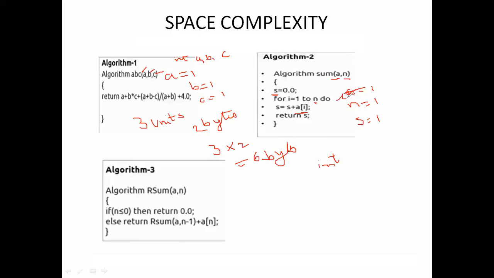In this example, I and S are constants. A's size is up to A of n, so A contains n units. Because this n value changes, the space will also change. So this part we call the variable part.